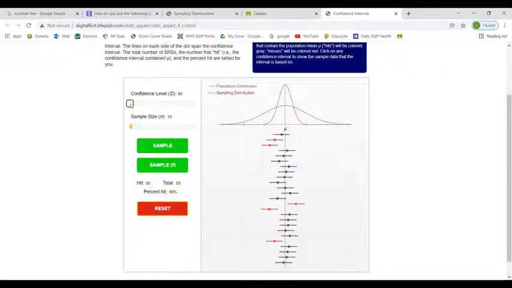So what happens if I use this slider to increase my confidence level? Let's take it up to about 95%. You can see what's happening is the confidence intervals got wider, which makes sense because, everything else being the same, if we're going to capture the true parameter more frequently, we would want an interval that is wider. So let's just take it up a little bit more.